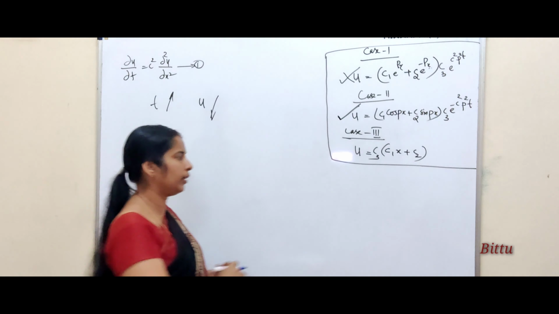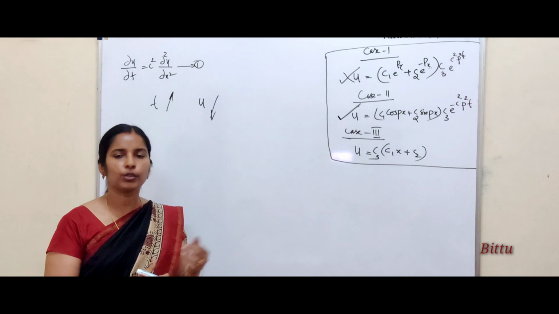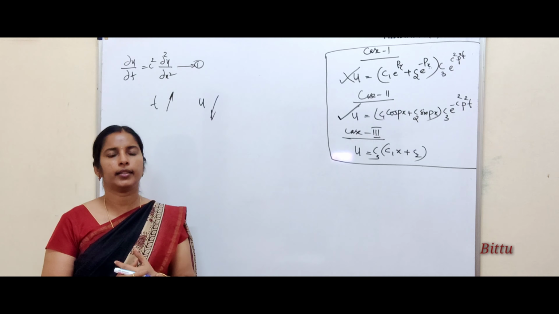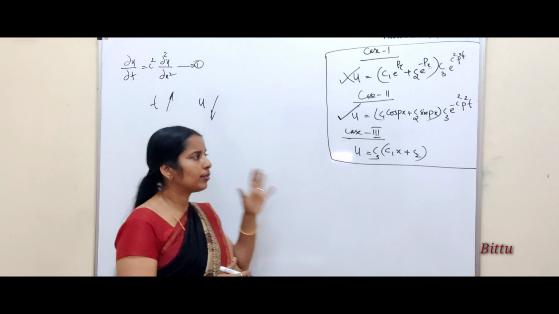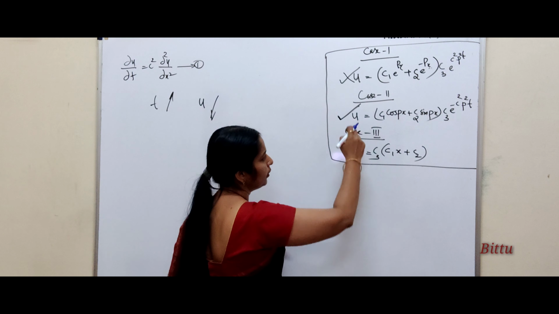Next, by looking into this equation, see, this solution is independent of t. That means the temperature change will not depend on t. But see, always the temperature depends on time. It's very clear. As time increases, temperature decreases. So we can't depend on this solution. So the most favorable solution in our condition is this one. Here, as t increases, U decreases.